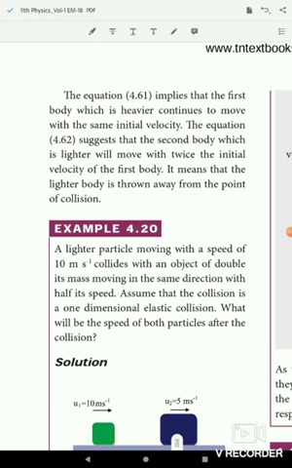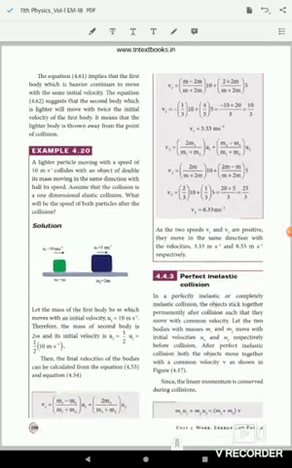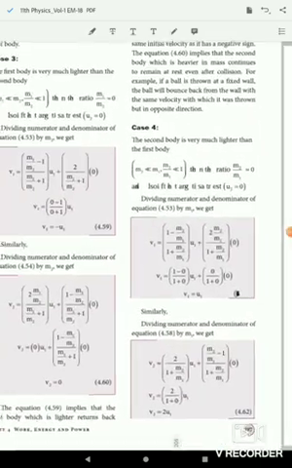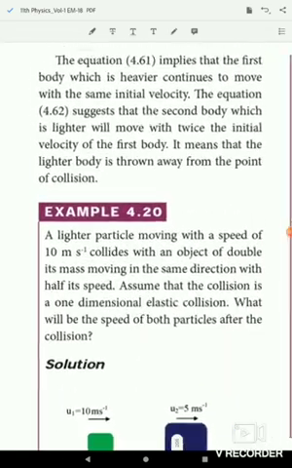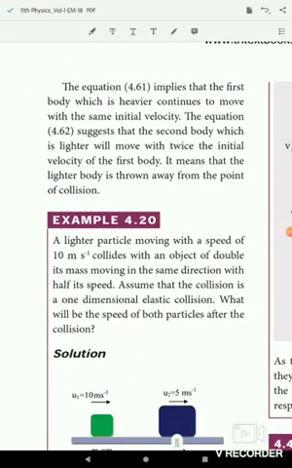And v2 equal to 2u1 suggests that the second body, which is lighter, will move with twice the initial velocity of the first body. It means that the lighter body is thrown away from the